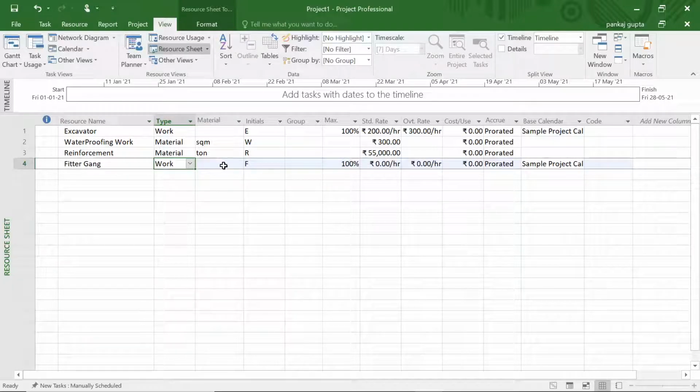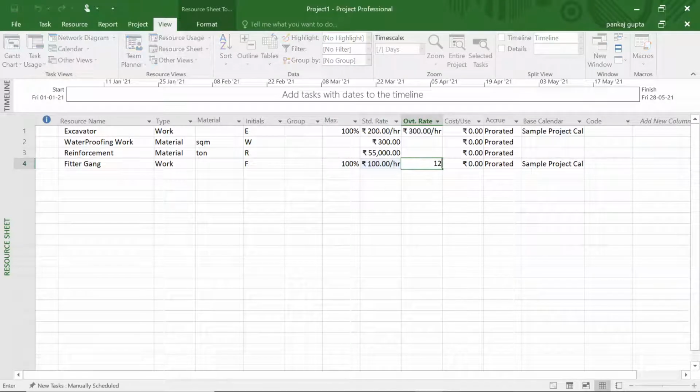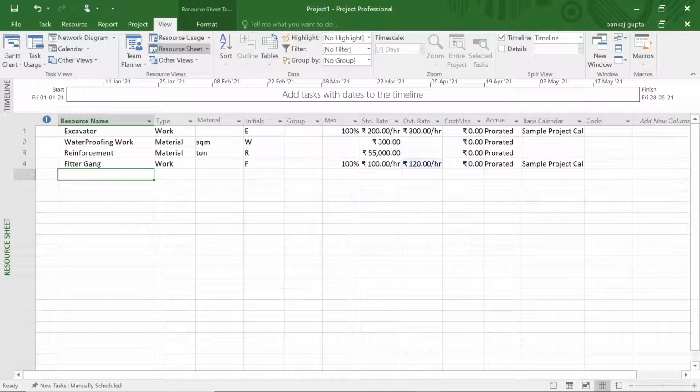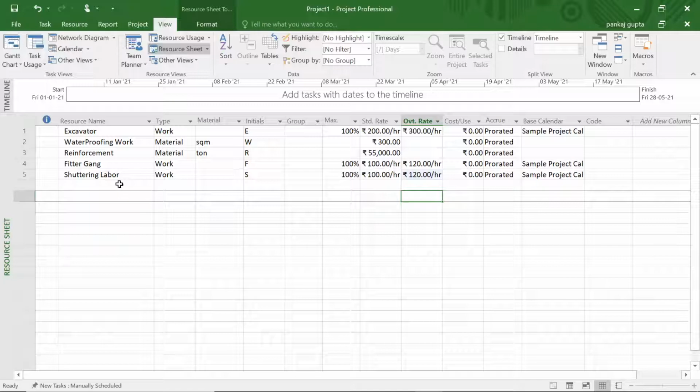Now if you want to define a labor resource such as a fitter who will be binding the reinforcement, you need to provide their hourly wages, their overtime rate, the calendar which they follow, and the category will be work. Now defining the shuttering labor, again the category will be work, we will define the rate and calendar.